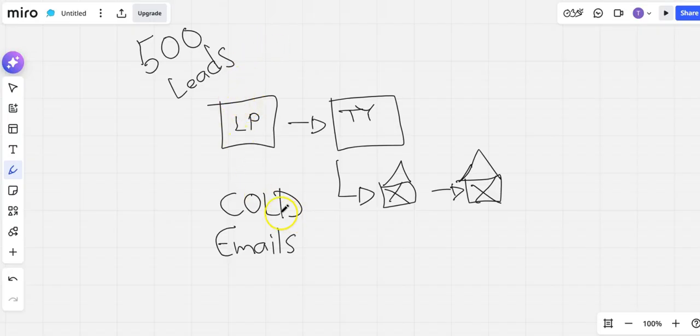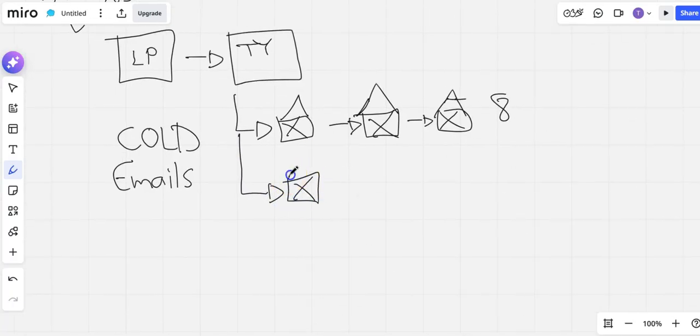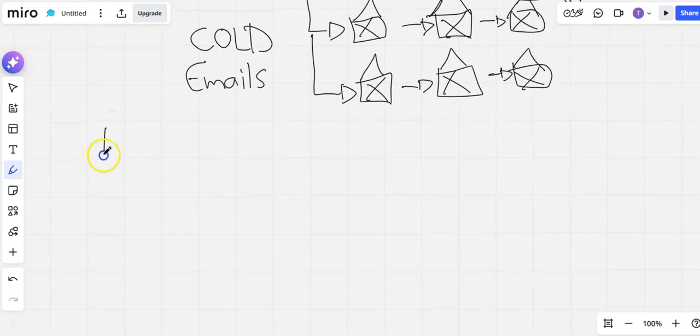So the whole point now is that, let's say you only created like 8 emails, right? That's not enough emails. You got to create way more emails than that, because what happens is that people are going to totally forget who you are if you only just create 8 email follow-ups. Okay? People are just going to totally not remember who you are as a person. Okay? So the thing is that we have to continue the nurture sequence.